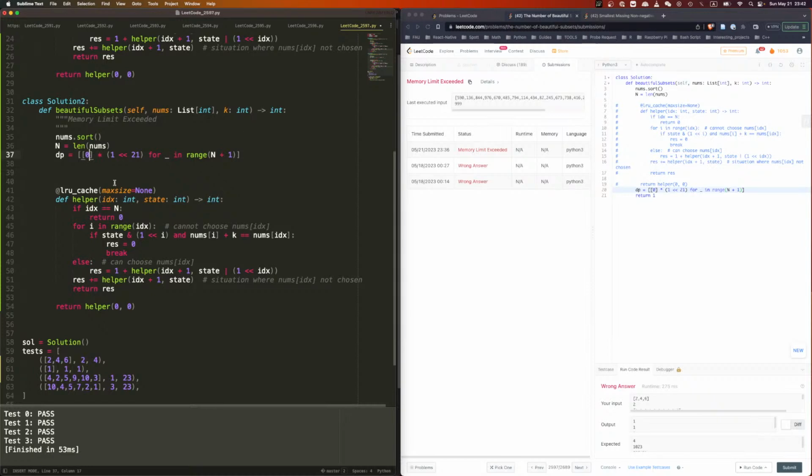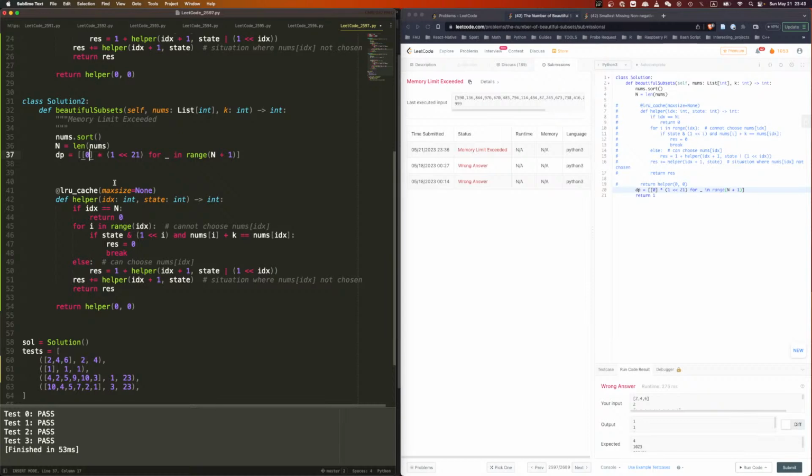Hold on. And in this position, we need to look at the next position to check is the first state good, second state good, third state good. I mean, we only need to see